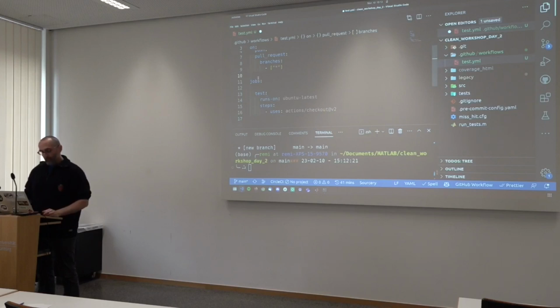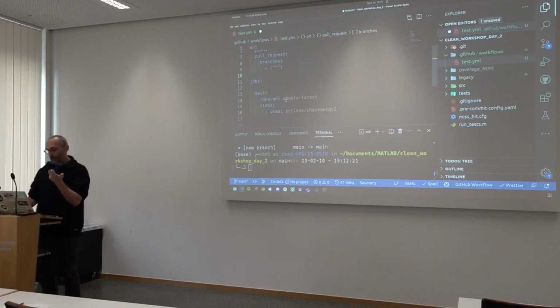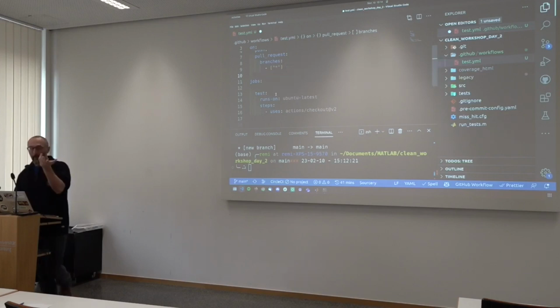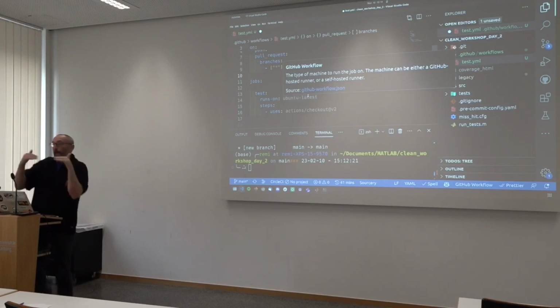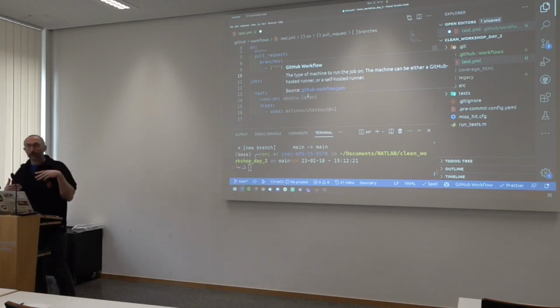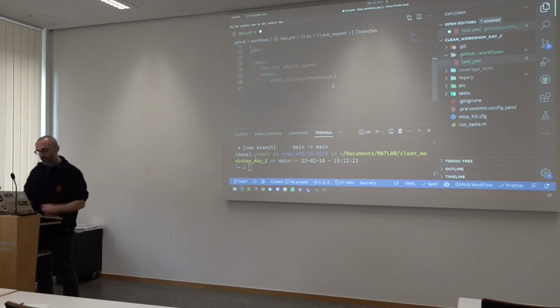The thing you need to define for each of those jobs that you're going to be running is which operating system. That's what we were talking about earlier. For example, you could say I want to run it on Ubuntu, on macOS, on Windows, and latest means I just want the latest version of this operating system. But you could also specify Ubuntu 18.04 or something like this, right? So you can choose that.